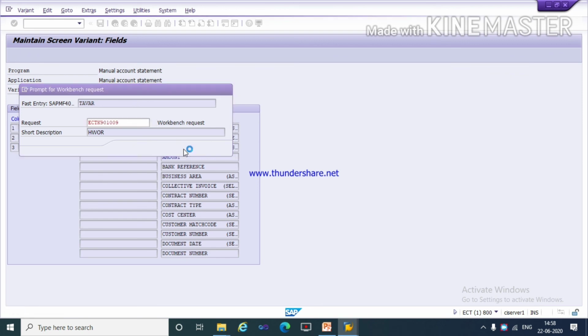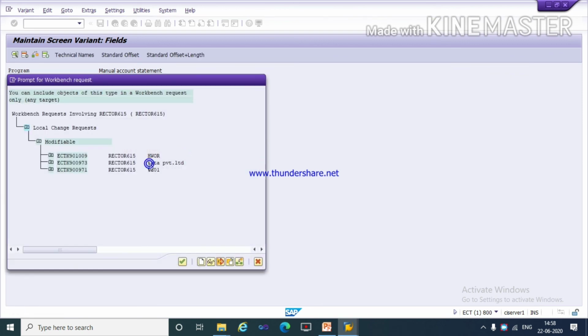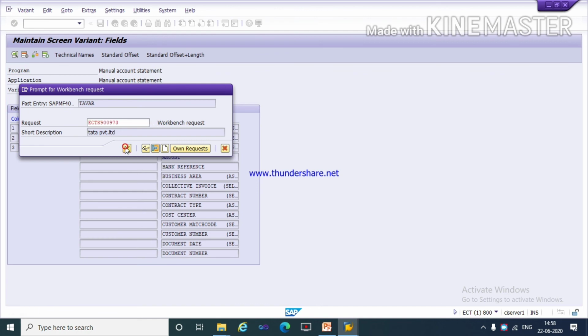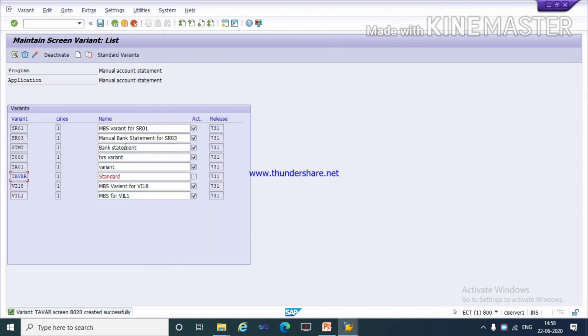Select your own request, that is Tata, and continue. Here you can see this TAVAR. Here you can change the name for this, BRS Tata variant. Then click on save.